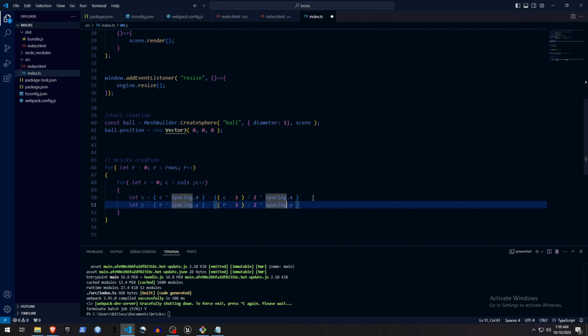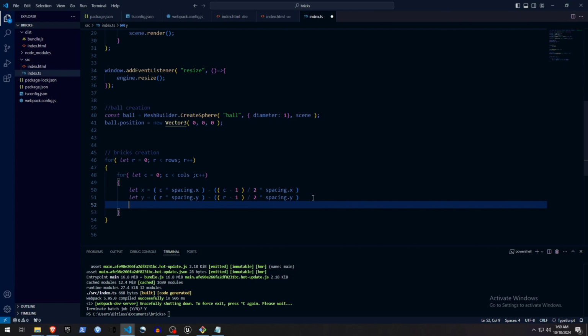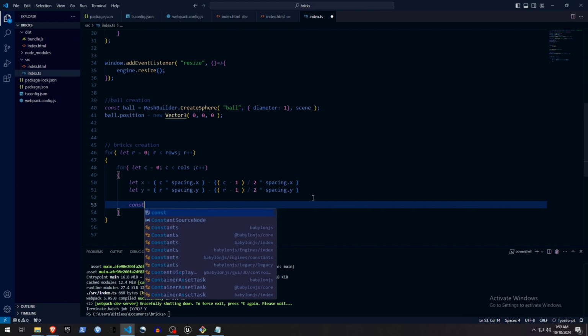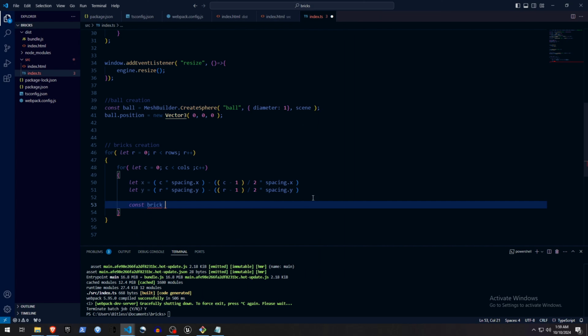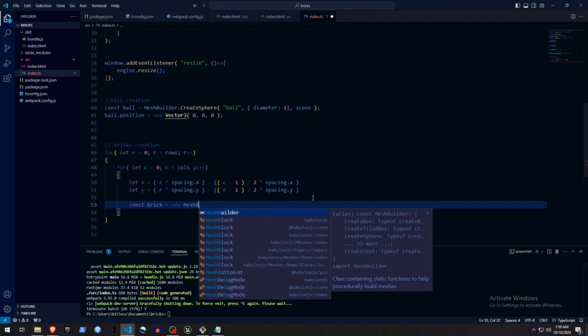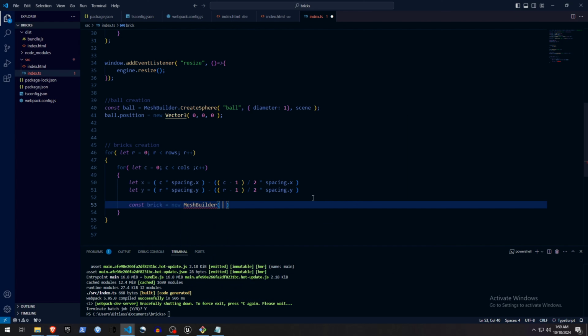Okay, so I'm gonna create a brick here, const brick equal new mesh builder, and the mesh builder is a function that will help us to create different kinds of meshes. So we're gonna see the meshes in another chapter in the future, right? So right now I just want you to stay with what I'm doing right now,